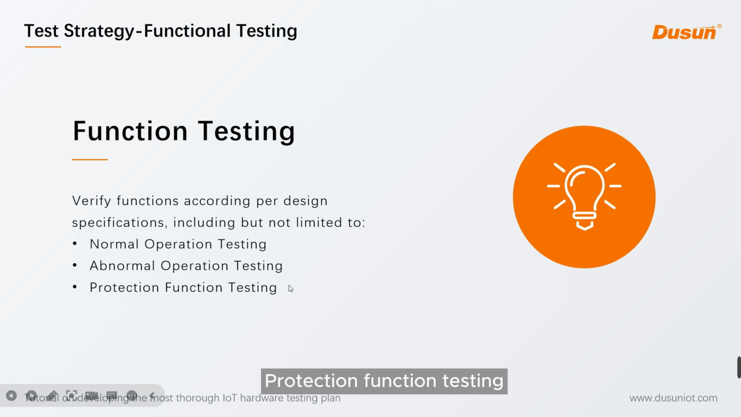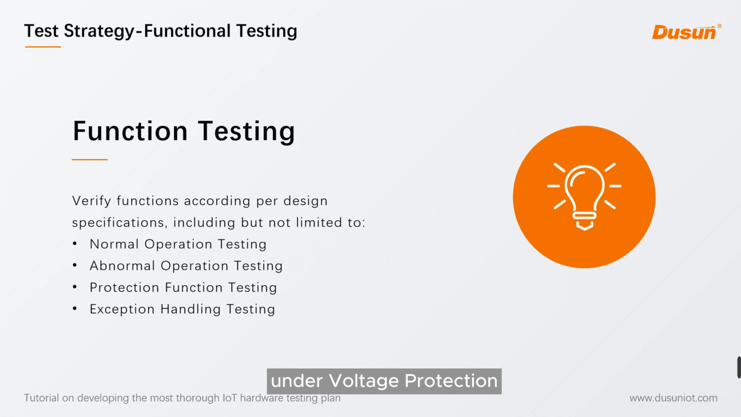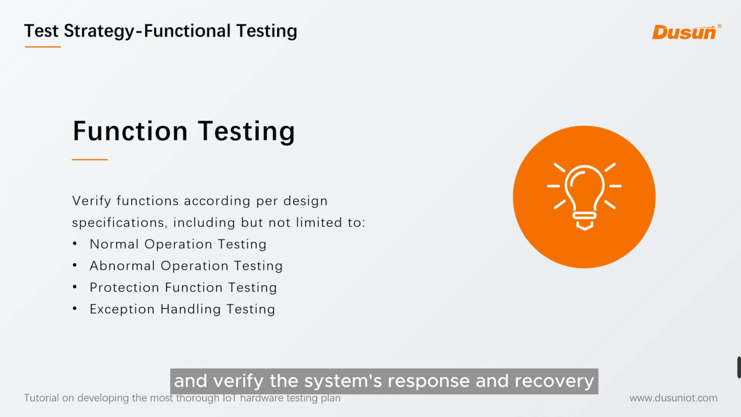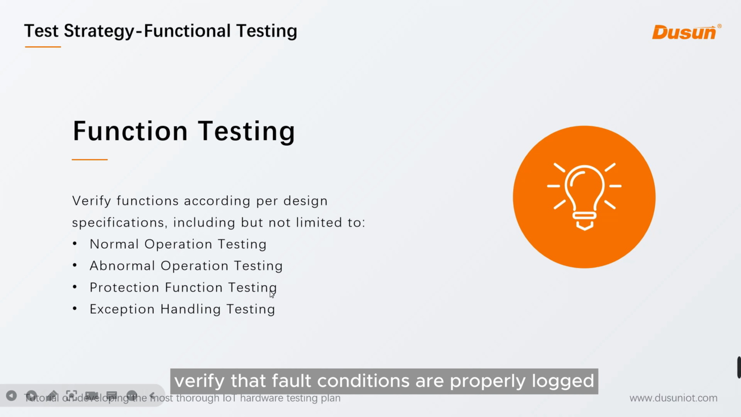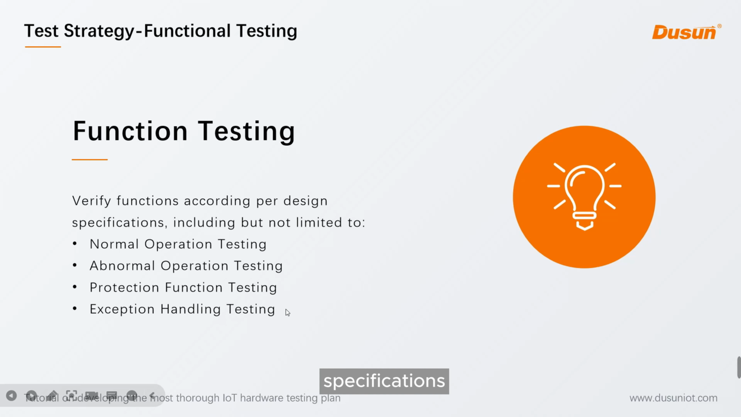Protection function testing: validate all prescribed protection functions, including overcurrent protection, overvoltage protection, undervoltage protection, and overtemperature protection. Trigger these protection functions using simulated scenarios and verify the system's response and recovery. Exception handling testing: test the system's ability to detect and appropriately respond to exceptional circumstances or faults, such as sensor failures, communication loss, or power supply irregularities. Verify that fault conditions are properly logged, reported, and managed according to the design specifications during